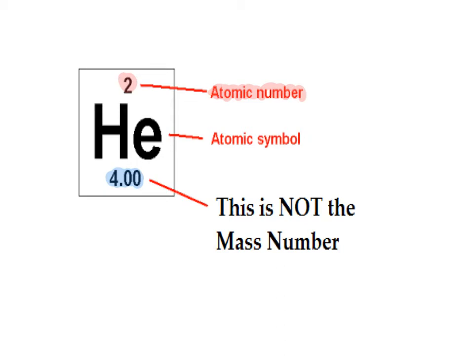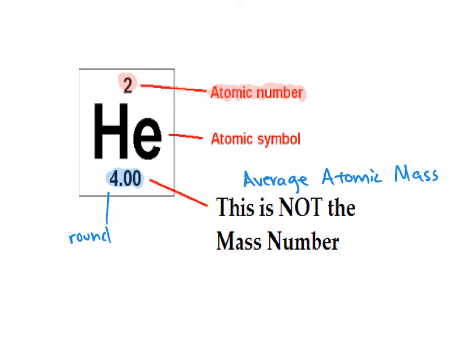Well, things are now different. And I told you while we were learning this that it was okay for us to round this. And that's what we did. We would round this to the nearest whole number to find the mass number. But we're now learning about isotopes. And this is not the mass number. This is the average atomic